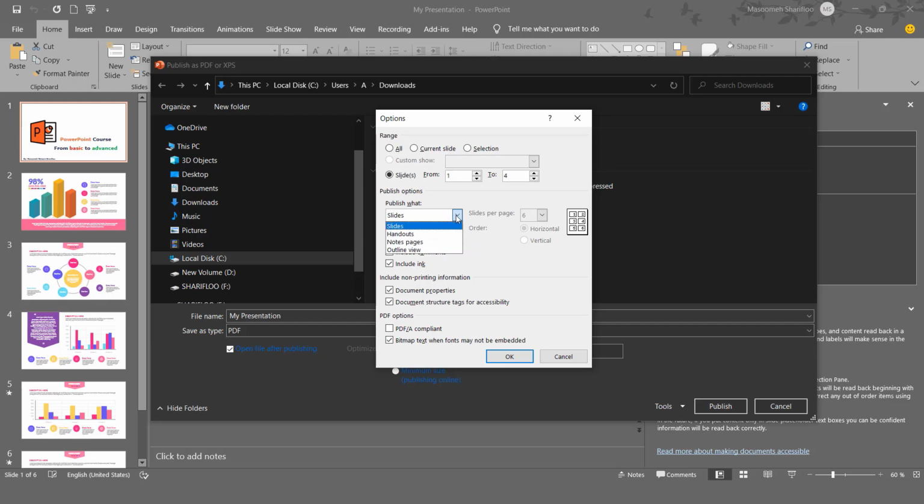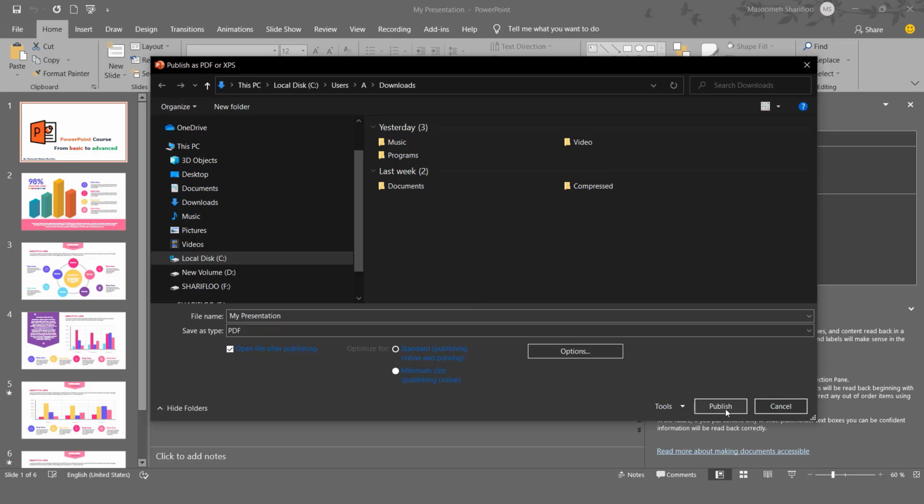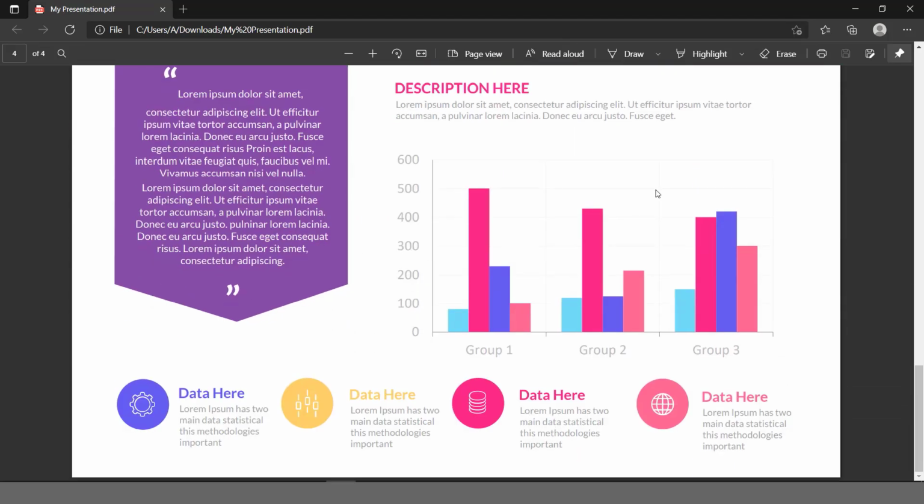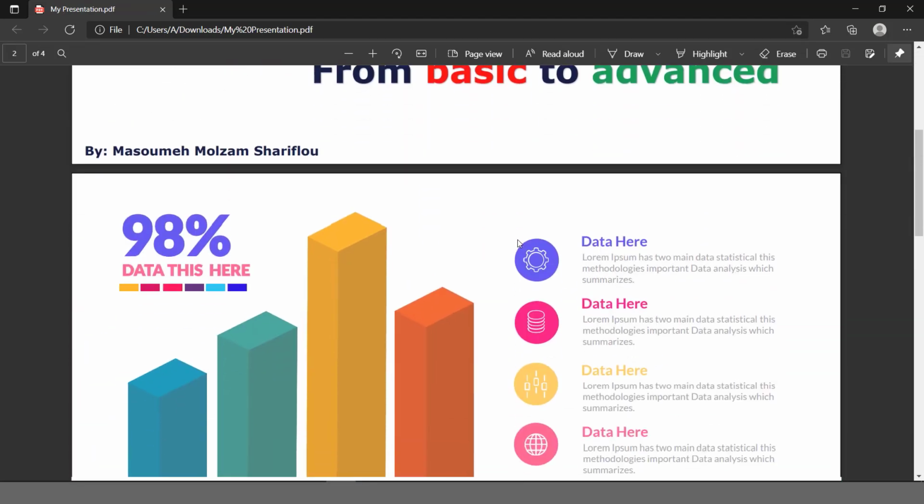And if you click on Frame Slides, the slides will have a frame around them in the PDF file. And if you want to export the hidden slides to PDF, you can click on Include Hidden Slides. Also, if you like to export the comments in the slides to PDF, you can click on Include Comments. Based on your need, you can choose one of these options. I click on OK in this window, and then I click on Publish. As you see, the slides which I determined are now PDF,